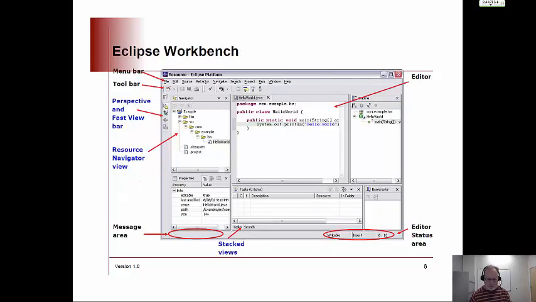Let's take a look at some of these things. And again, even some of the screen captures on here might look different when you bring up Eclipse, based on the operating system you use, the version of the operating system, even the version of Eclipse that you use. But it's still all generally the same. Eclipse has remained pretty consistent over the decade or so that I've been using it, at least. Main thing is you see some of these things